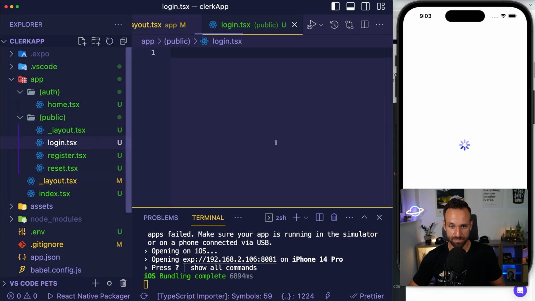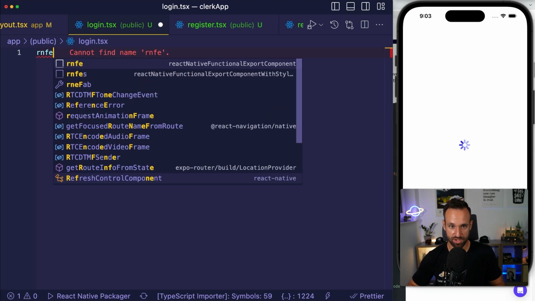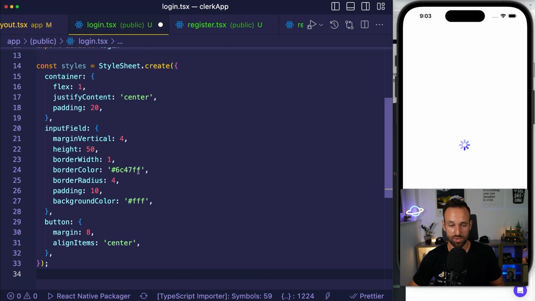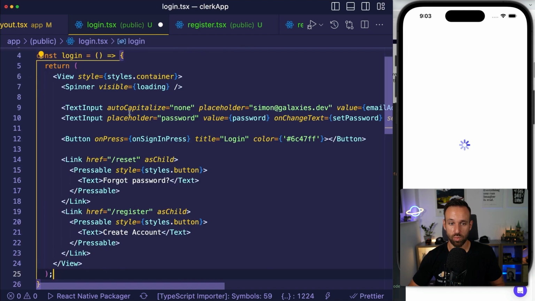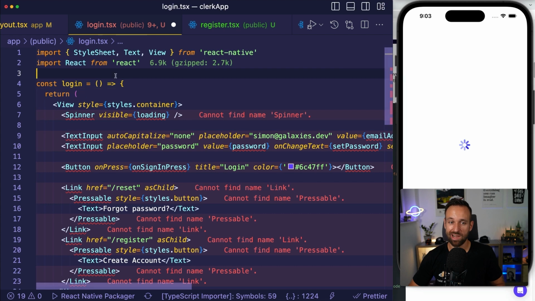Where's my login page? It's here. Let me drop in something in the login page so we can see the functionality of Clerk. So React Native functional export component with styles. I'm gonna bring in some styles. If you want to check out the full code, it's linked below the videos. I'm gonna go a bit faster through a few elements now because we've covered the initial setup of Clerk,